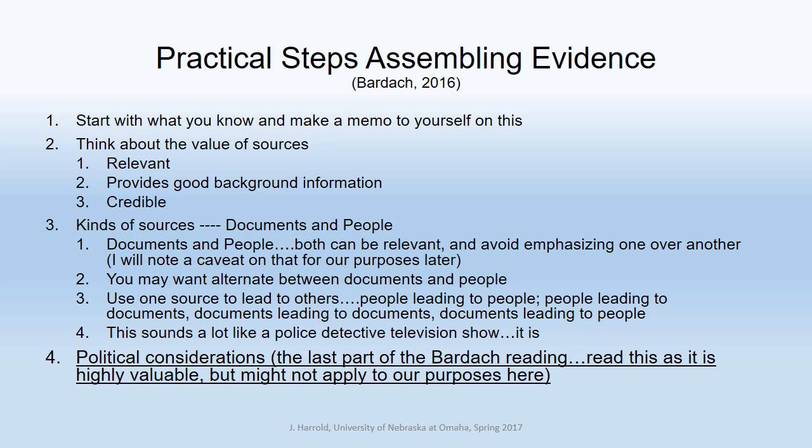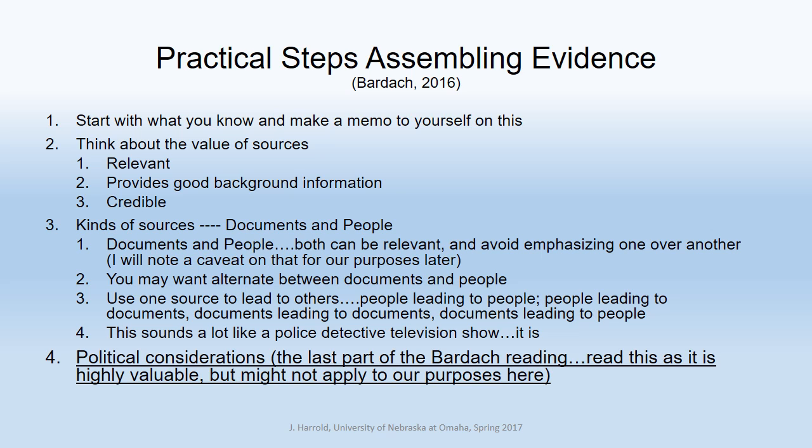I talked about this earlier. I want you to read that. This may or may not apply to your evidence assembling effort for this project. I mean, it might apply to you later. But generally, for our purposes, when you want to interview someone and you say you're a student in the MPA program at UNO, they're probably going to be very cooperative.